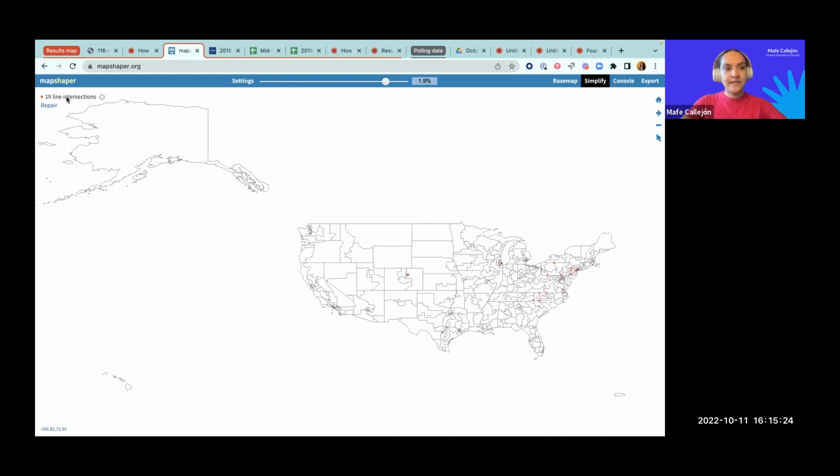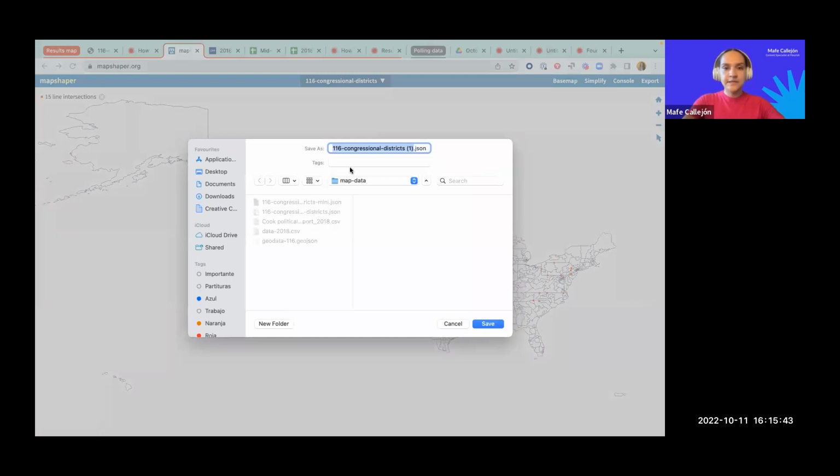Mapshaper is flagging me that I have 19 line intersections. This basically means that there are some polygons that are causing issues. I simply will click repair and let that be. Generally, that doesn't cause many issues. And I'm quite happy with this. I'm just going to hit export. And I'm going to export it as a GeoJSON. Export, and I'm going to call this